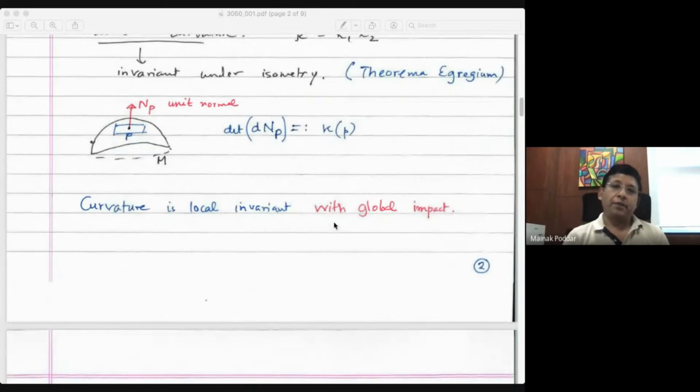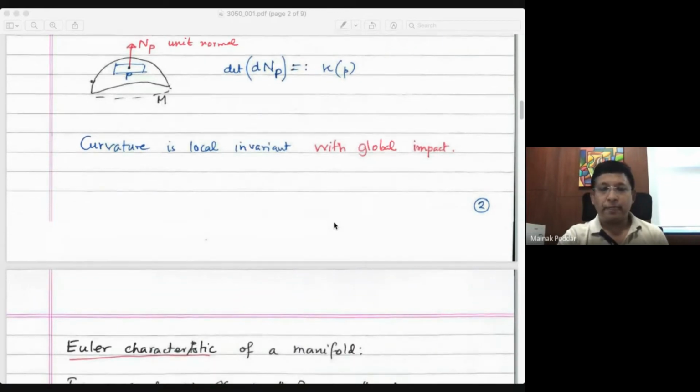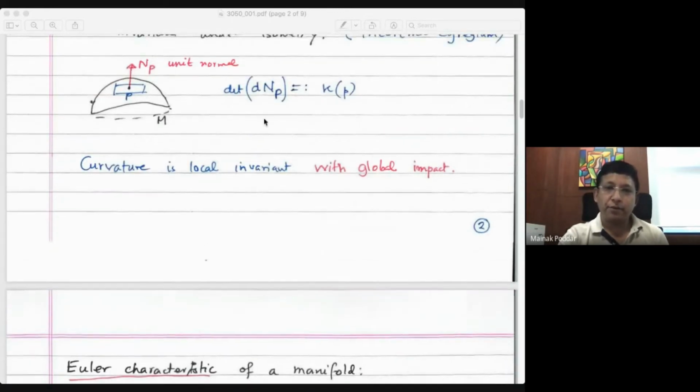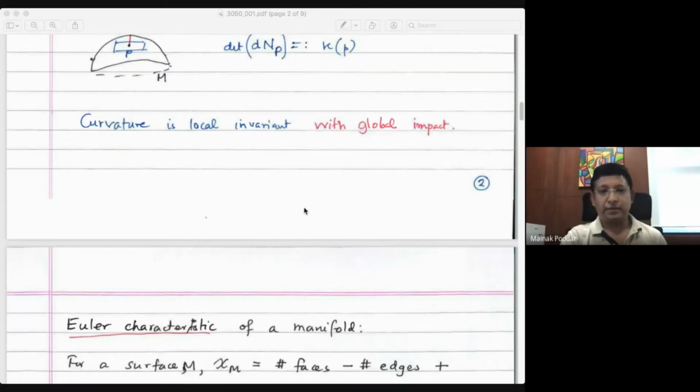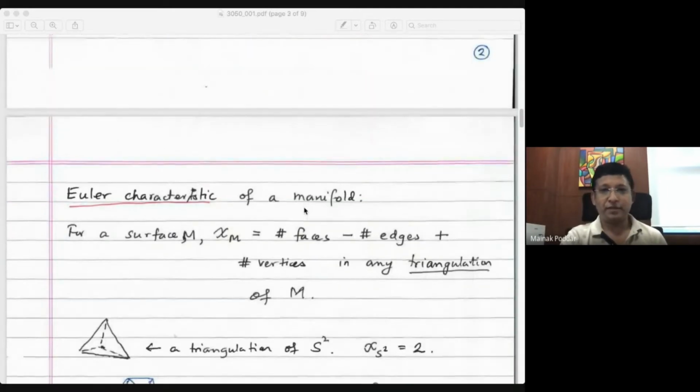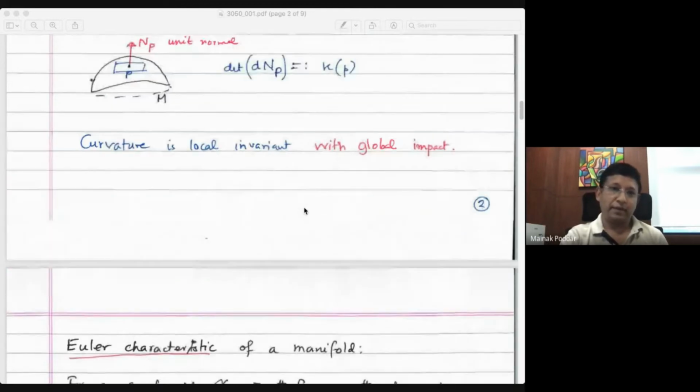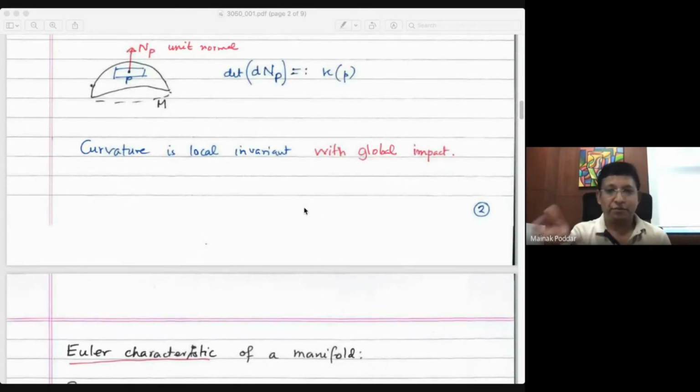So now curvature plays a big role in geometry. Of course, we start doing all this because there is curvature. Okay, the curvature, of course, is a local invariant, like it depends just on a neighborhood of P, but it has some global impact. So we'll look at some interesting examples, like the collection of all the curvature. If you look at it, it has interesting information about the manifold itself.